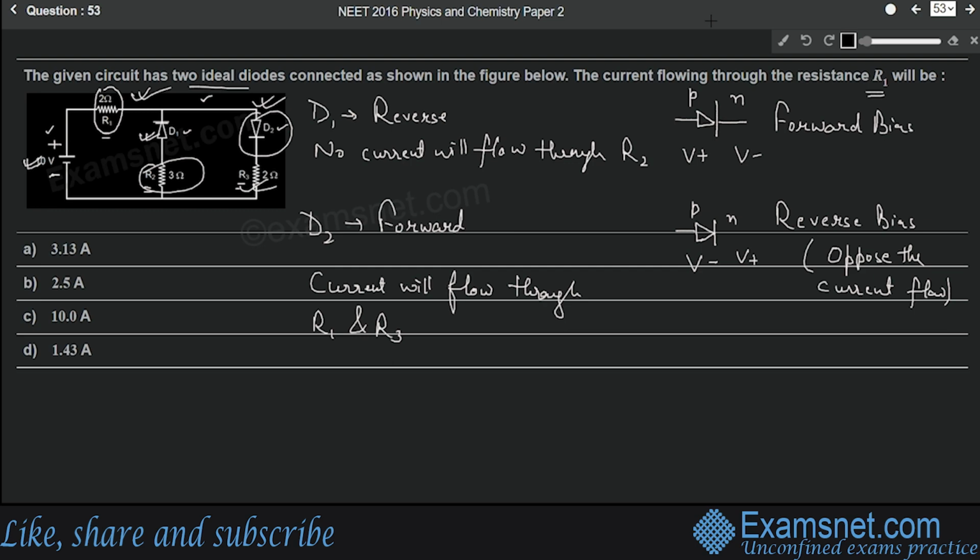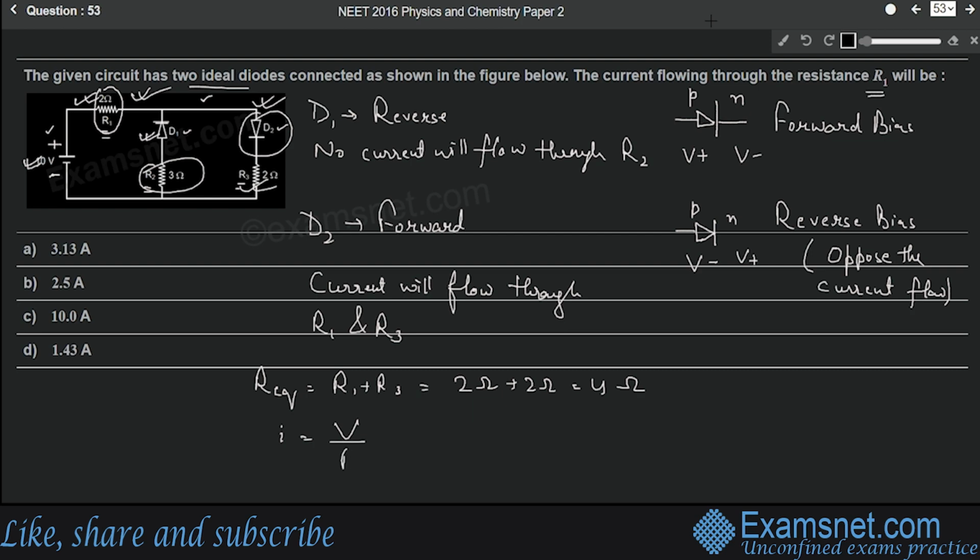Now we have to find the current that is flowing through R1. So we can see that R1 and R3 are in series combination. Okay, so R equivalent will be R1 plus R3, that is 2 ohm plus 2 ohm equals 4 ohm. Okay, so current will be